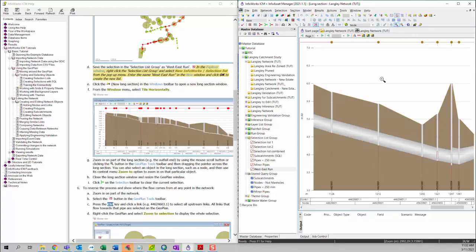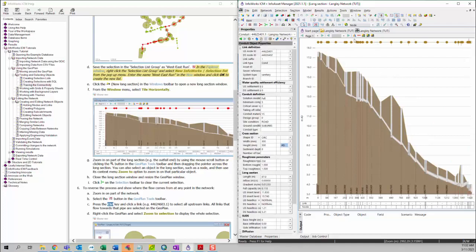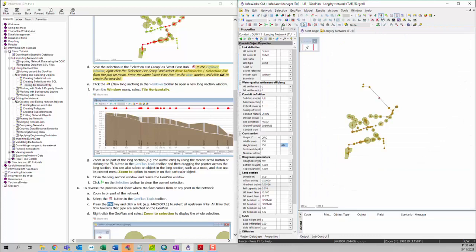And you can hit the escape key to go back to your selection tool and then view different model properties on the left by double clicking on this. Okay, so we can then close our long section view after we review it,